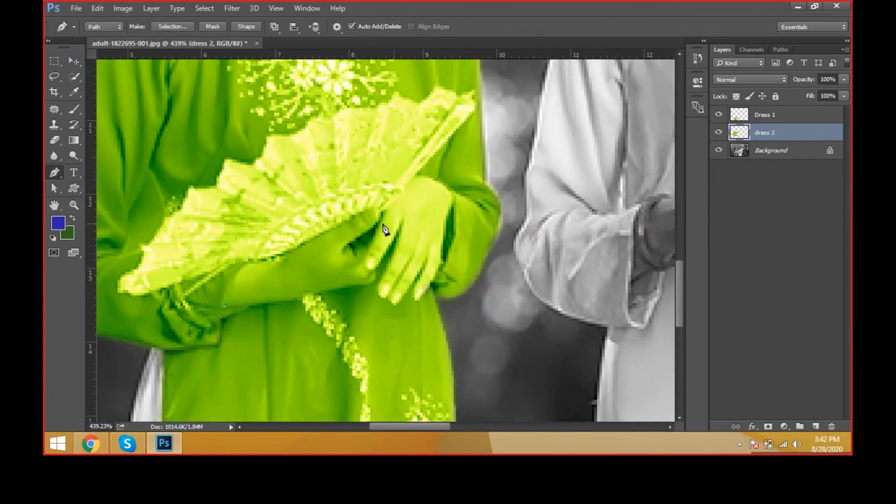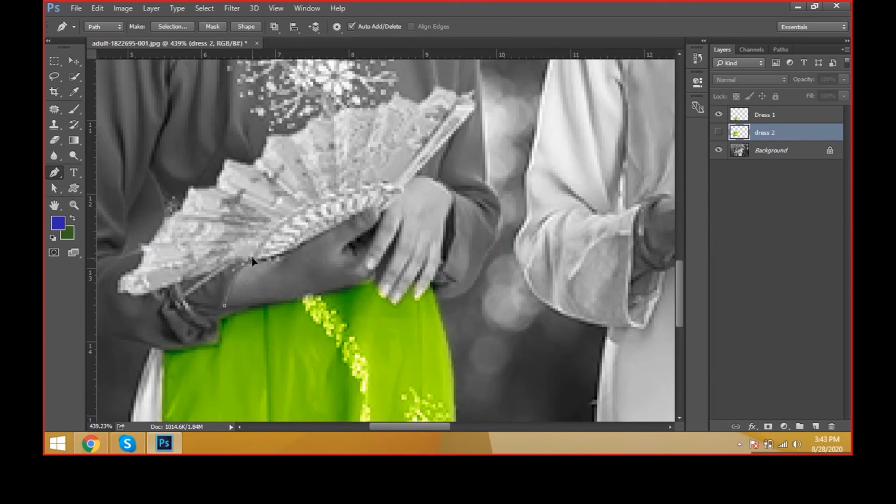or it is not looking good. Just hide the layer, and only the selected part will remain. I'm just taking the skin tone color only, friends.